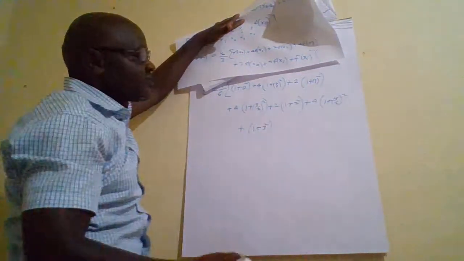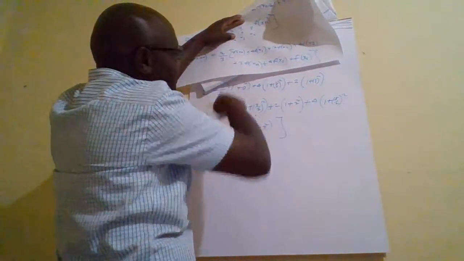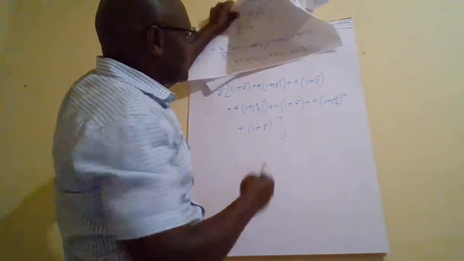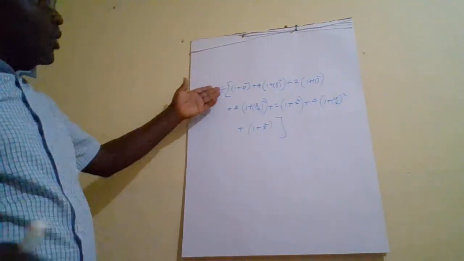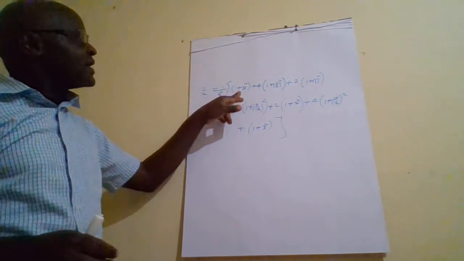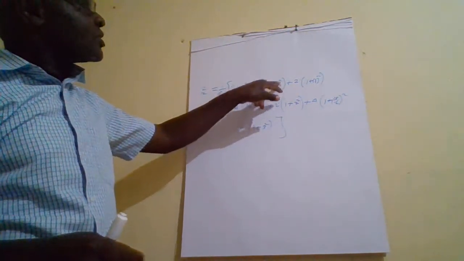Remember the coefficient of the last one is 1, and also the first one, the coefficient is 1. So this is what we have. 1 all over 6 into 1 plus 0 squared plus 4 into 1 plus 1 all over 2 squared,